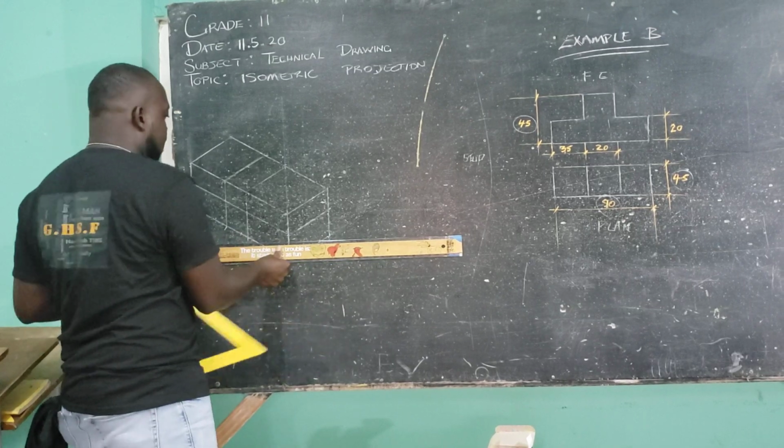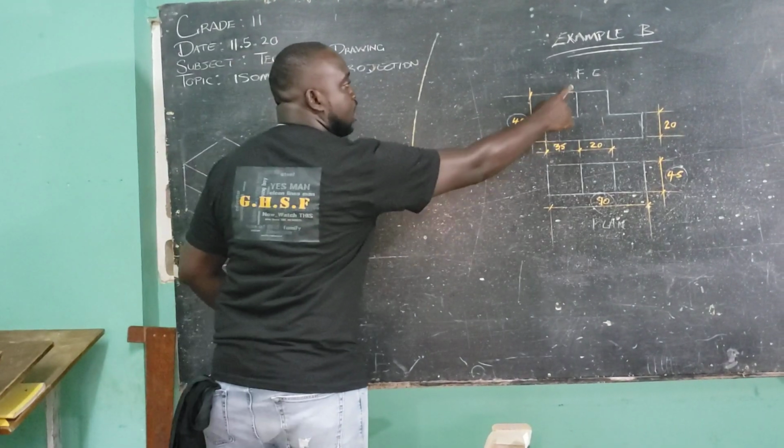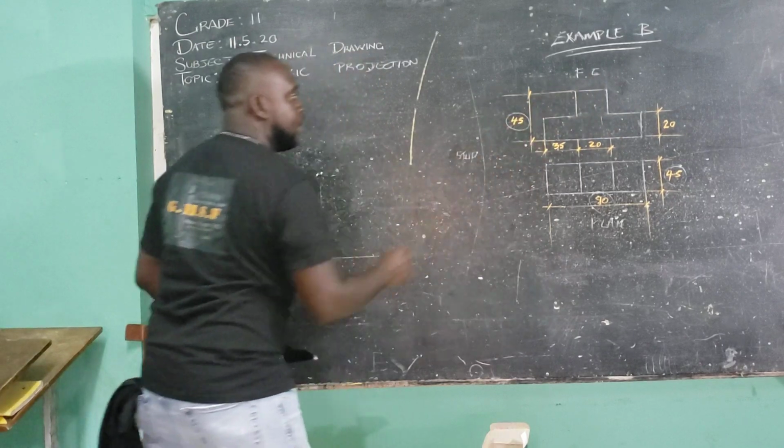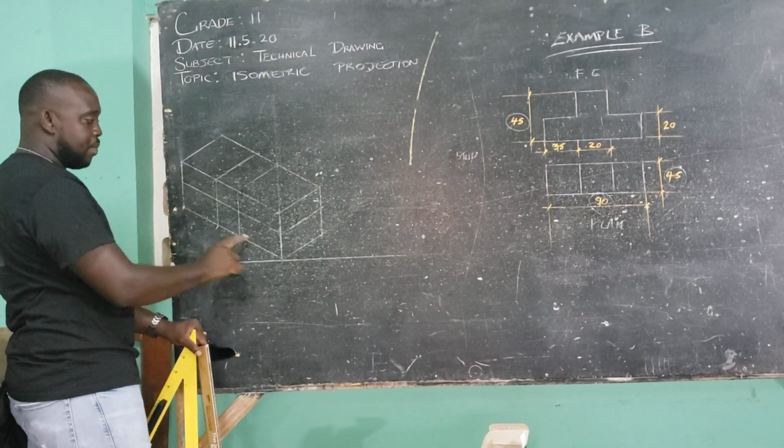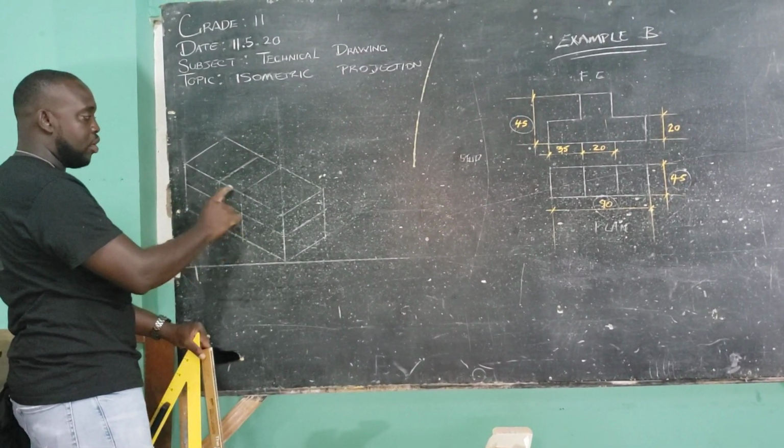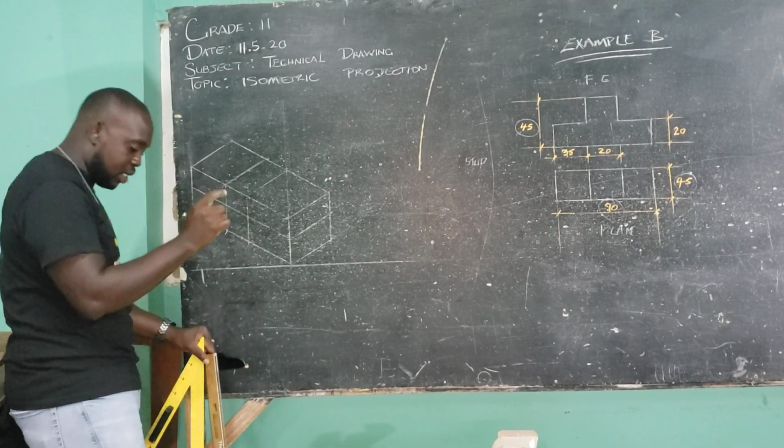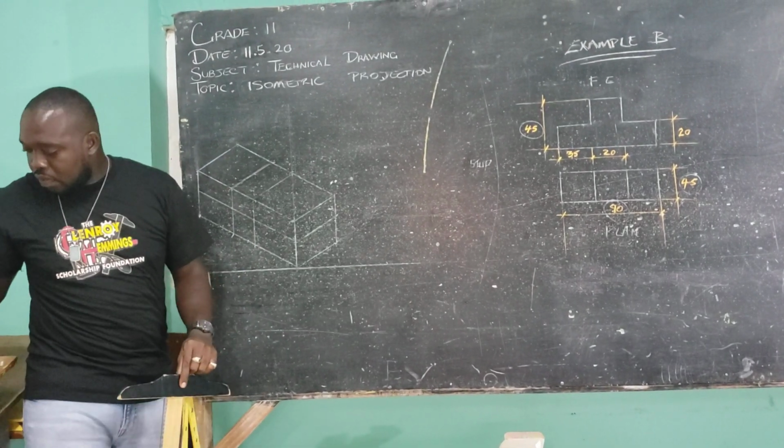So if you look at the front elevation, you see that we go across here, going up, and we close. That is our front elevation. Is that clear? With that said,